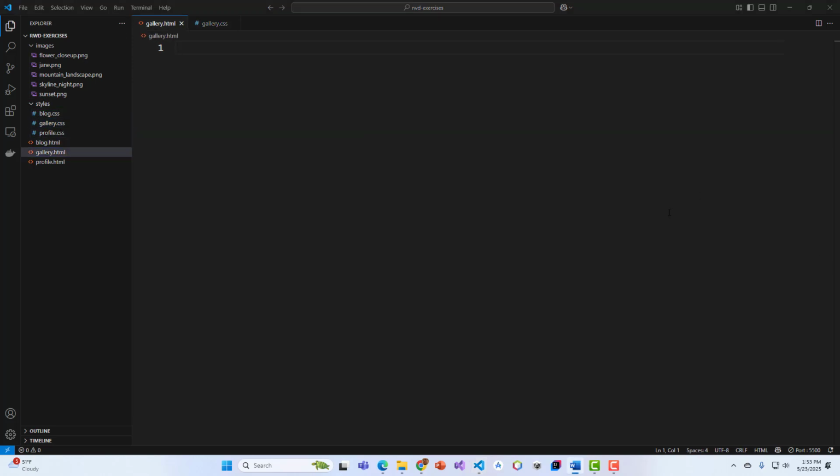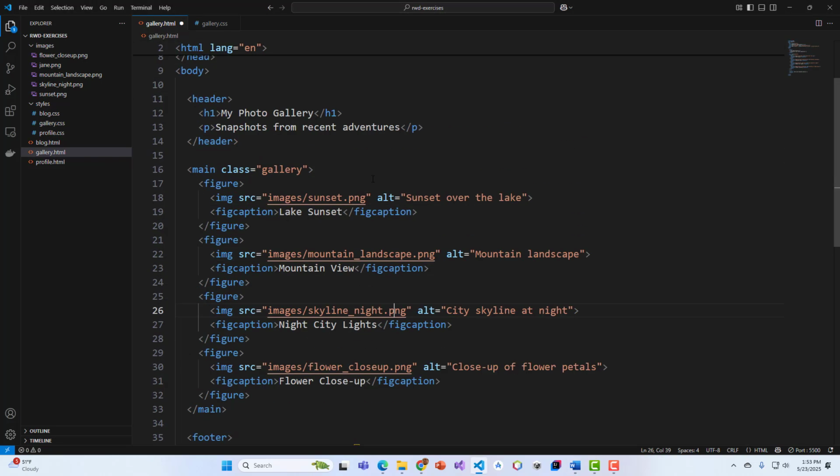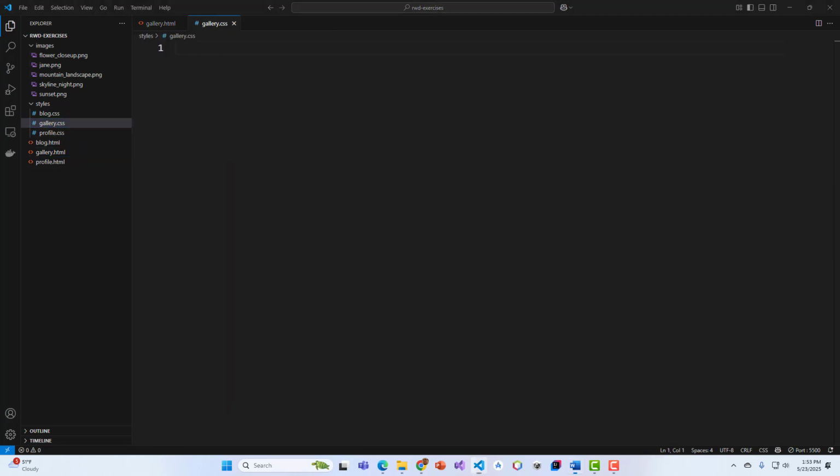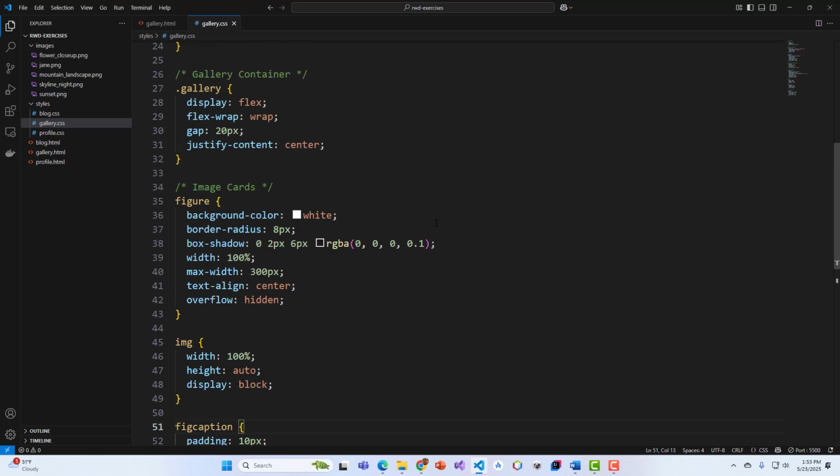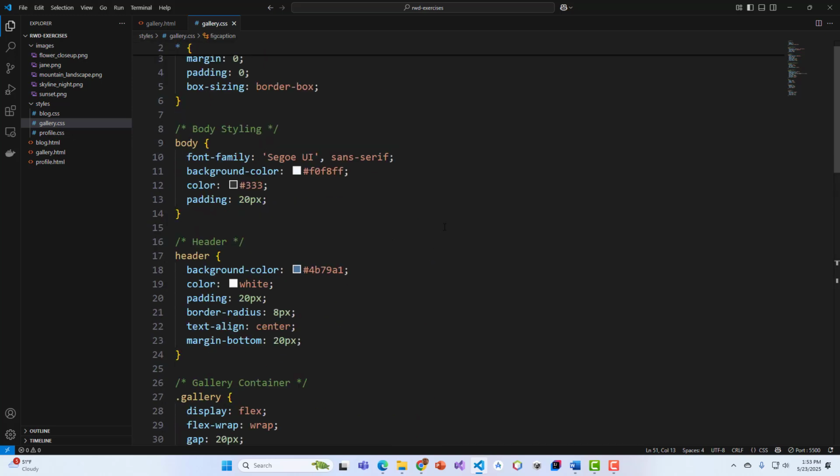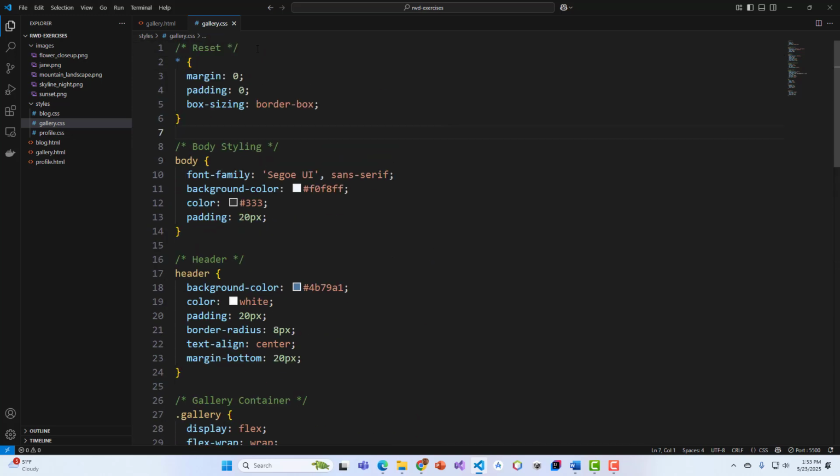We'll copy over the code from the other screen. And then for the gallery.css, we're going to copy that over as well, and we'll talk about this in a moment. In this case, we'll also see that we're not using the